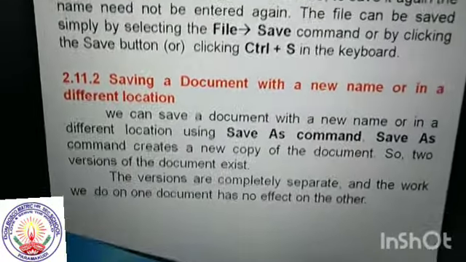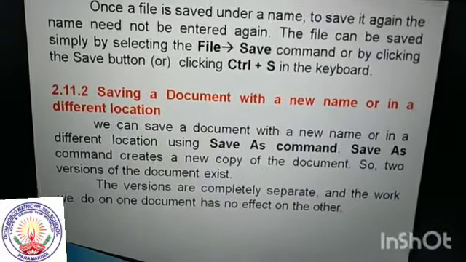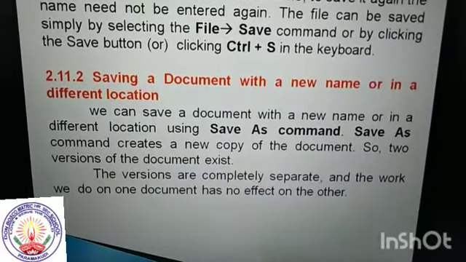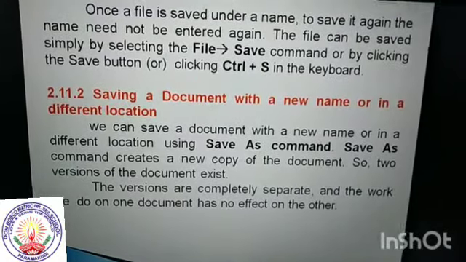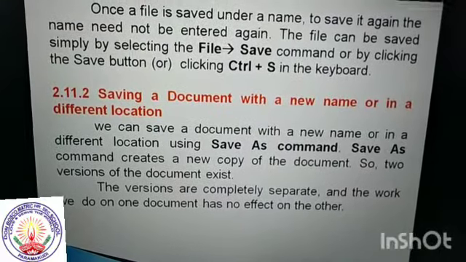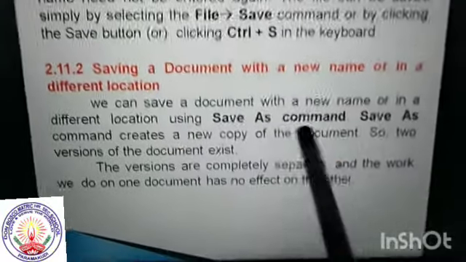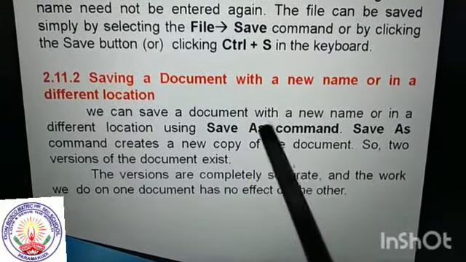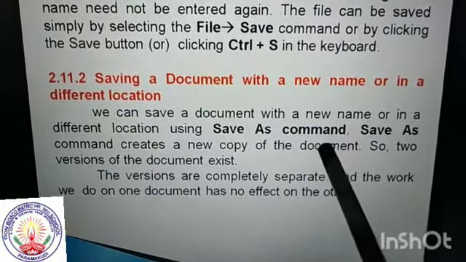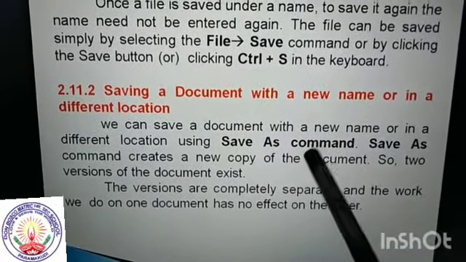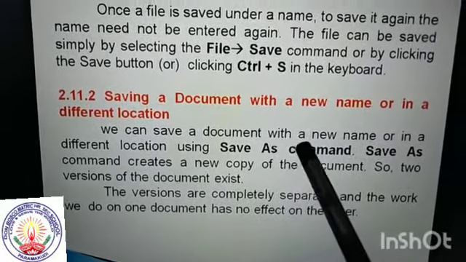Another one: saving a document with a new name or in a different location. That means we want to save one file under more than one name. To save one file with more than one name, we use the Save As command. The Save As command also appears in the File menu.